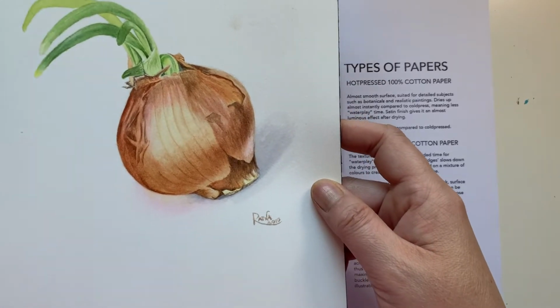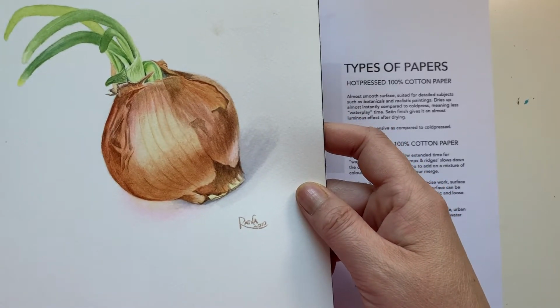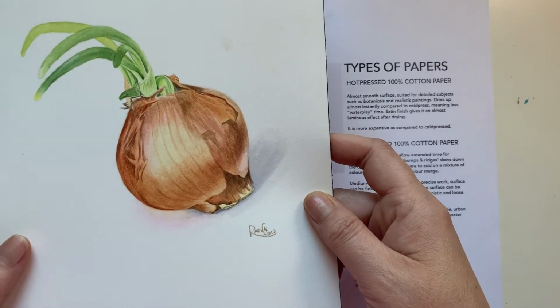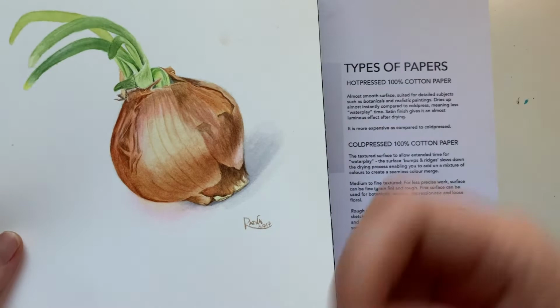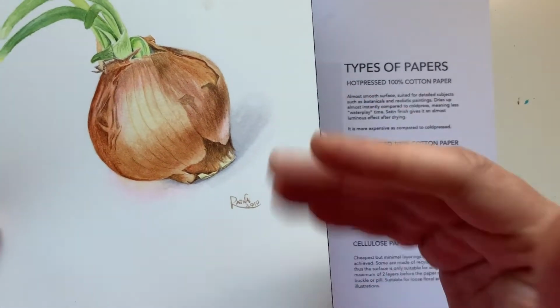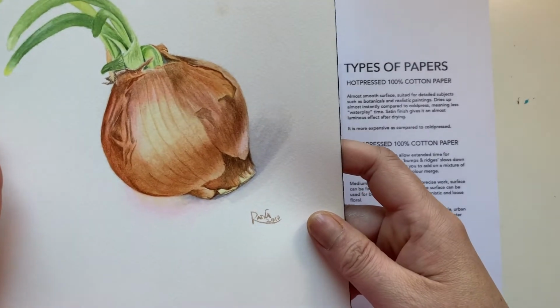You only need a lot of water, well, not a lot, just to damp the area for the initial layer, the base layer, and after that you probably use less and less as you go along. So this is hot pressed paper,